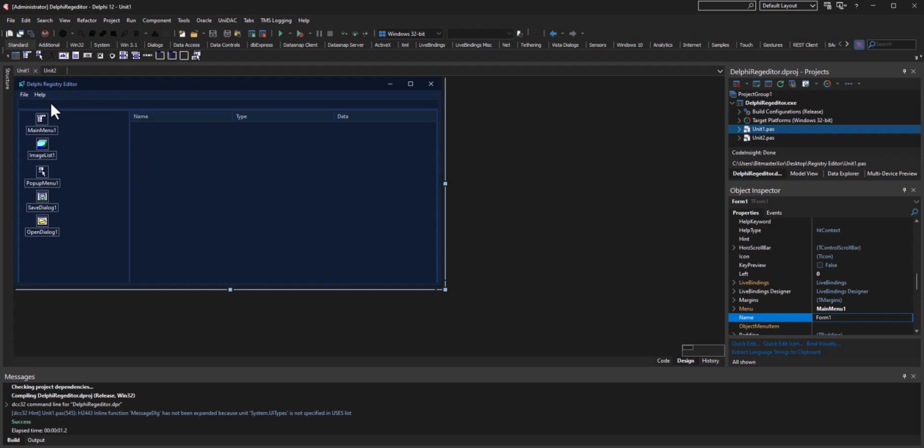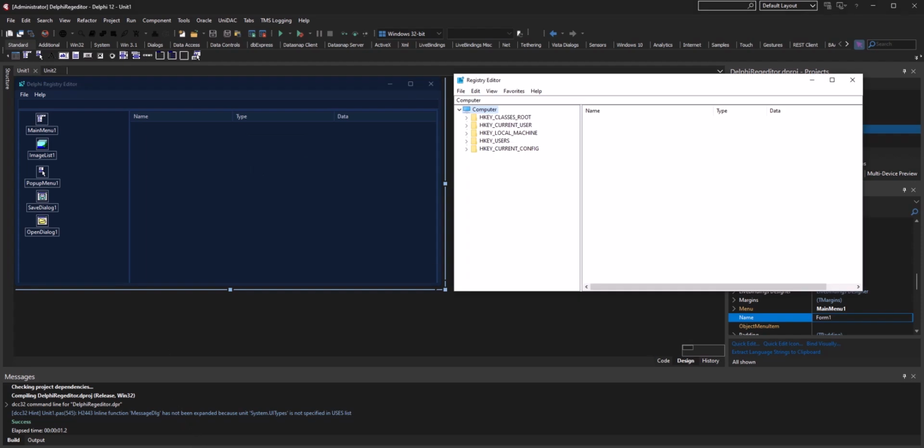It's a main menu, an edit, a tree view, and a list view. I mean, 1, 2, 3, 4. It's 4 things, literally, and that's it. Unless you want to go the extra mile. Now, if you want to go the extra mile, it's kind of a lot to tell, but behind this tree view, I'm assuming they put a flow panel, because on the actual app, you have a splitter